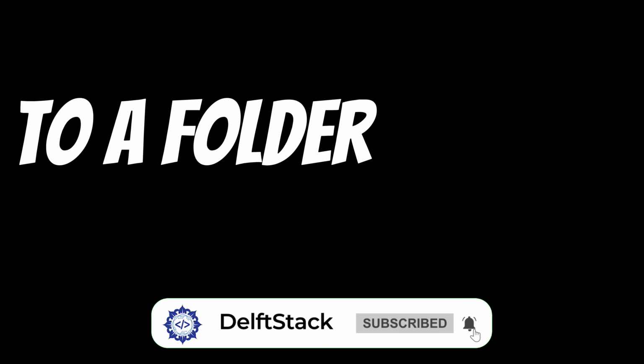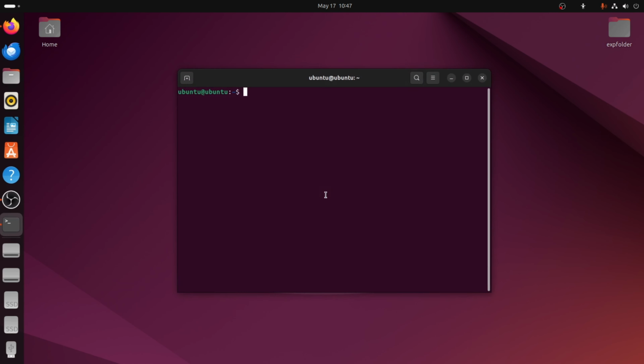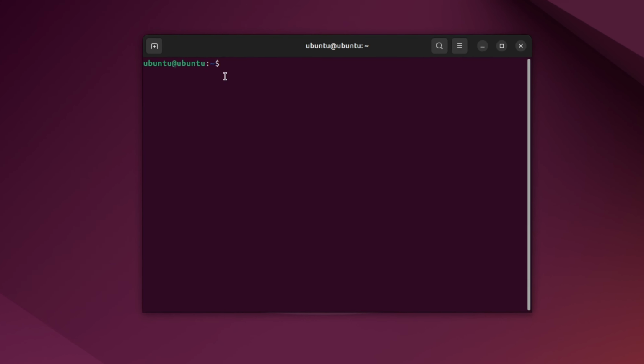In this video, I will show you how to give full permission to a folder and all its subfolders in Ubuntu using the terminal. Let's start by opening the terminal. You can press Ctrl, Alt, and T on your keyboard. Now go to the folder where your directory is saved. For example, if your folder is on the desktop, type